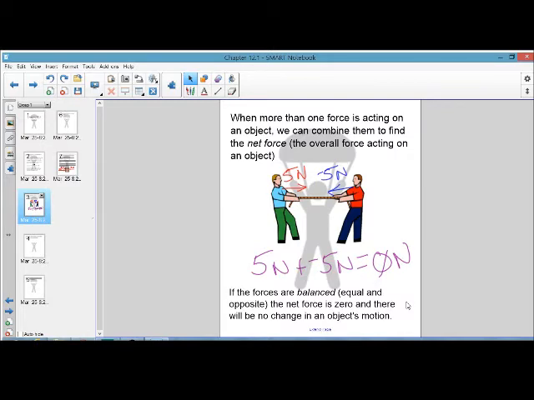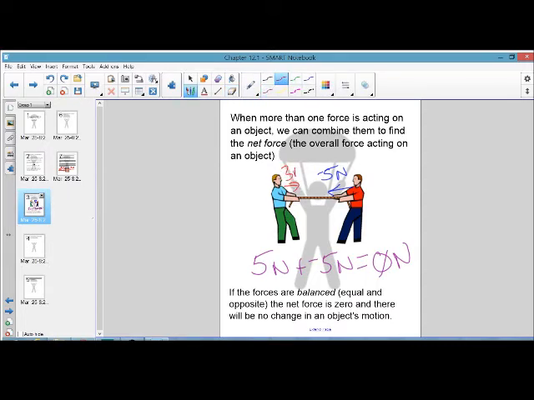And what will happen when we have balanced forces is there will be absolutely no change in an object's motion. So this is a stalemate right now. Blue shirt guy and red shirt guy are going to pull and not move, stay exactly where they are until somebody gets tired. So let's say the red shirt guy gets tired and he starts pulling with a force instead